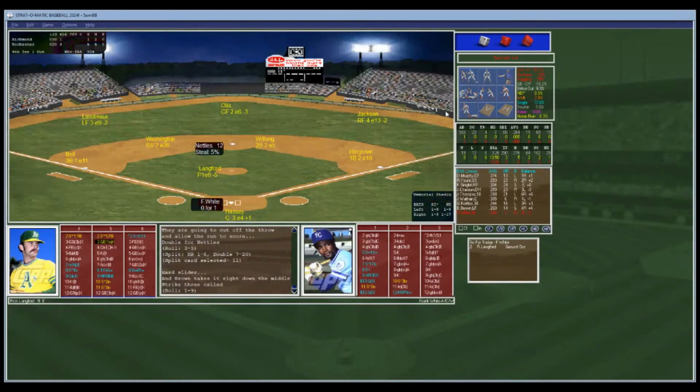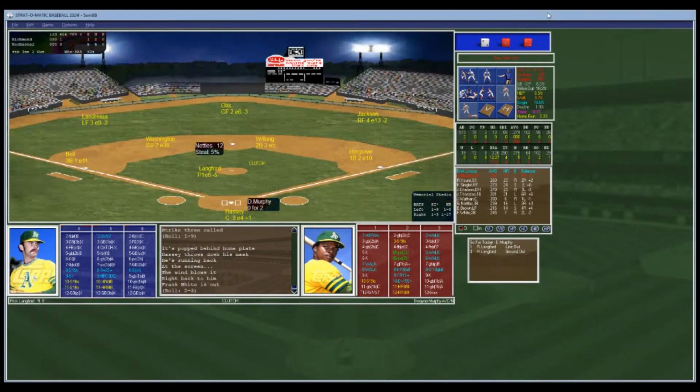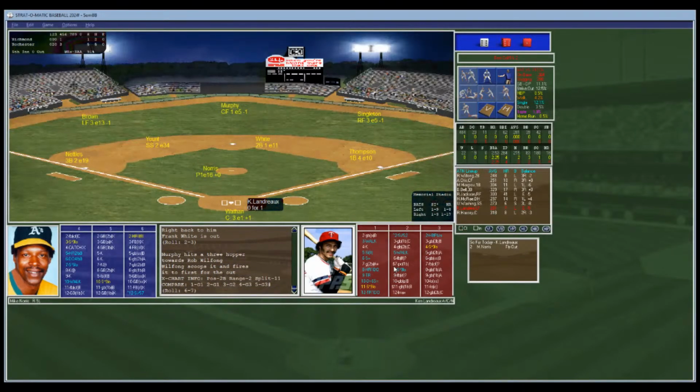Langford from the stretch. Here's a pitch to Frank White. White fouled out to the catcher. 2 outs. Here's Murphy. Murphy's 0 for 2, lined out and grounded out. Langford from the stretch. Here's the pitch to Murphy, and that's going to be a ground ball to second. Nice play. Throws him outside. He's retired. So Rob Wilfong, a nice play. Rochester scores 3. 5-1 Rochester. We go to the fifth. So Mike Norris given a 4-run lead here in the fifth.